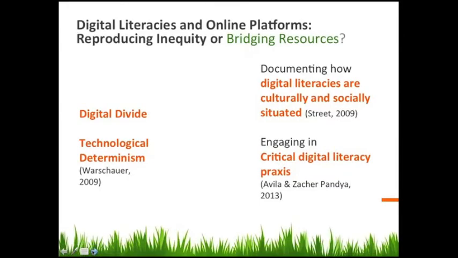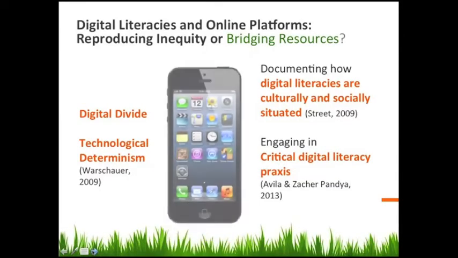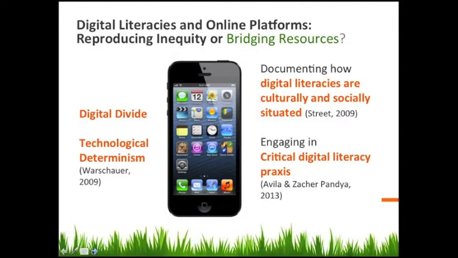So in a similar arrangement, I have just this idea of thinking about technology from a very critical perspective, because on the left, you see very broad ideas about, well, again, these people don't have a device or don't have internet, or because they don't have enough money or they don't have enough education, they don't have the same access as everybody else. So that's a perspective that aligns with the deficit model, that they don't have these things, so they can't engage in meaningful practices.